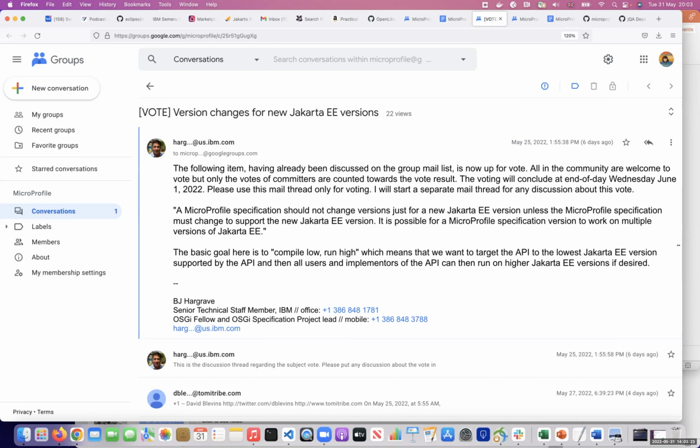We change the dependency. If there's no other change, we just do a service release. So basically everything changes in MicroProfile 6, just some of the changes are only dependency changes. Some of them have real changes, some of them are just a service release. And I suppose that also implicates the TCK, because the TCK has to be updated to run with compatible implementations that run on Jakarta EE 10.